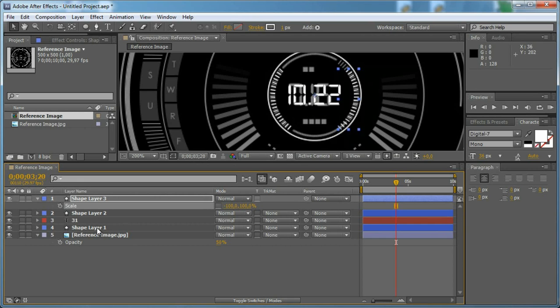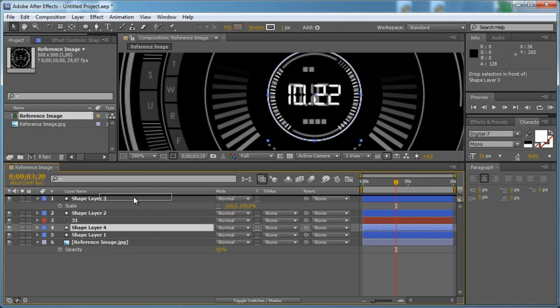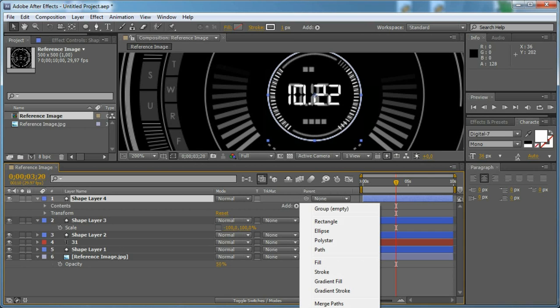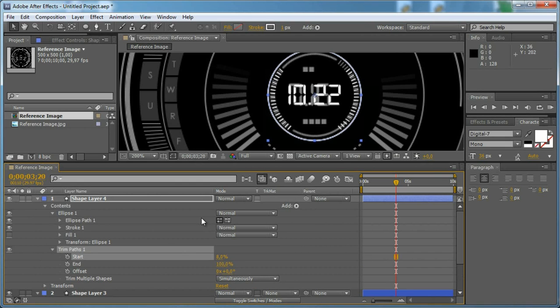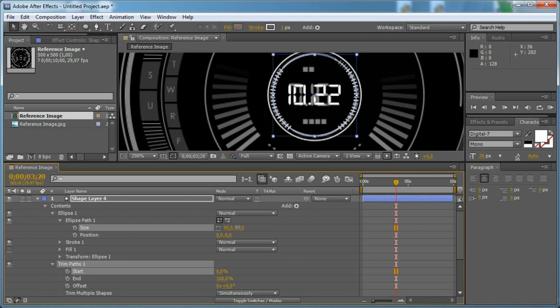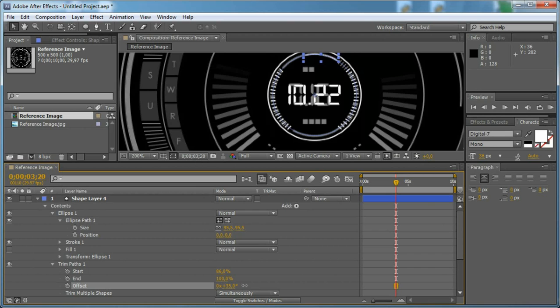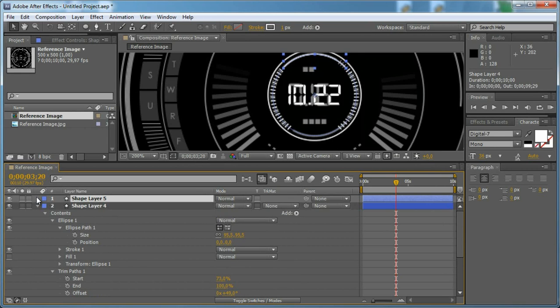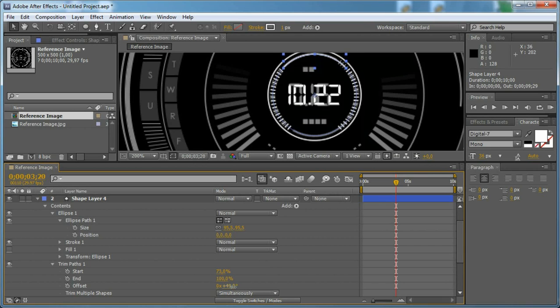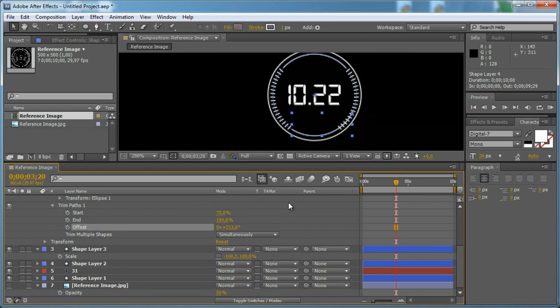After that, duplicate our main circle, and we are going to use another modifier here which is called trim paths to trim the shape. So we are going to just scale it down a bit right here, and now let's see, we need to offset this to the side right here, and now we can duplicate this and just offset the shape like so. And if we turn off our reference image,